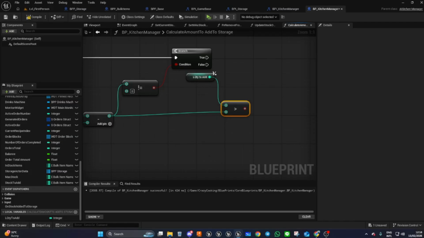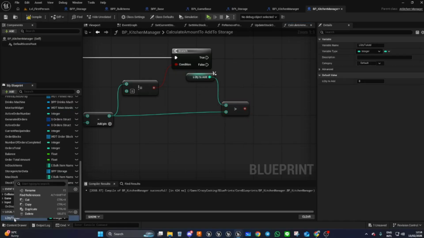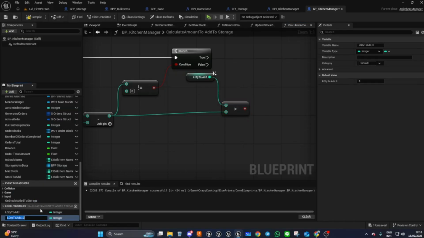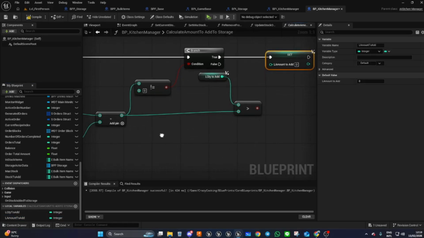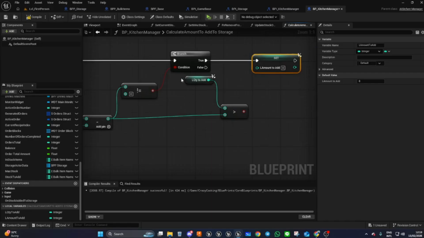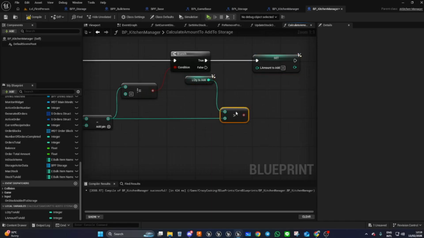And then we have another function. We're going to call this L amount to add, just so that they're slightly different. If it's true, we set the L amount to add. So in other words, if the quantity to add is greater than that,